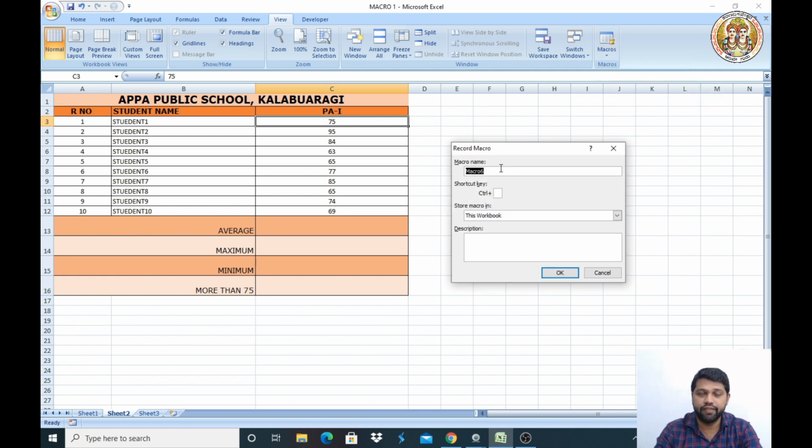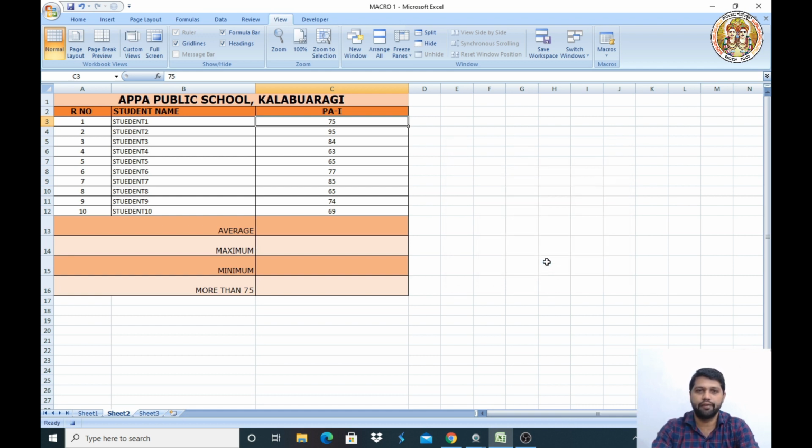Here we need to define the name for the macro, Macro example, and define the shortcut key. I'll take Control plus Shift plus P as the shortcut key to call this macro function.